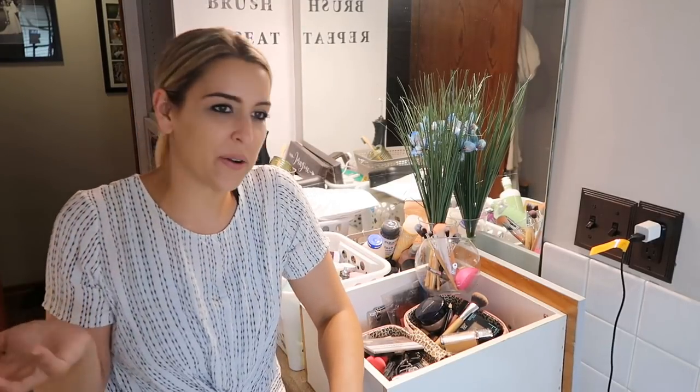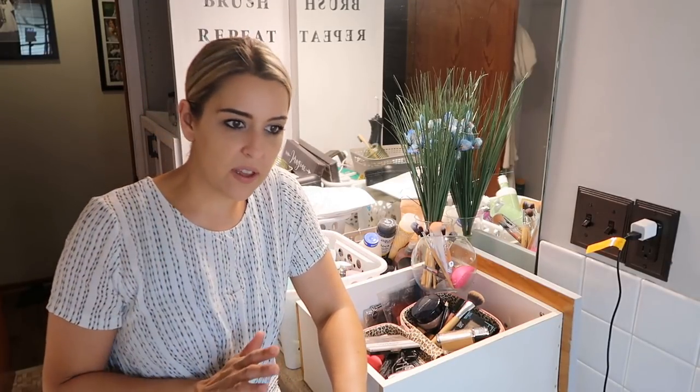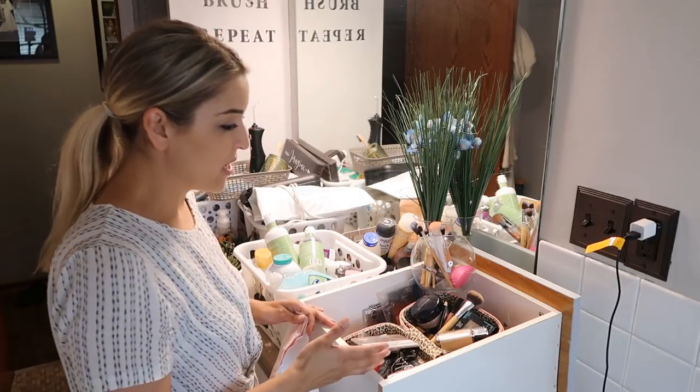The thing about the makeup is that, yes, I love makeup. I've loved makeup forever. I have way too much of it. The thing is that I'm not wearing as much makeup as I used to. I used to wear a lot more. Lately I have been more minimal, and it feels like everything I'm doing is minimal. So I don't need all of this. What I'm thinking about doing is, I'm thinking that if there's anything new in here,